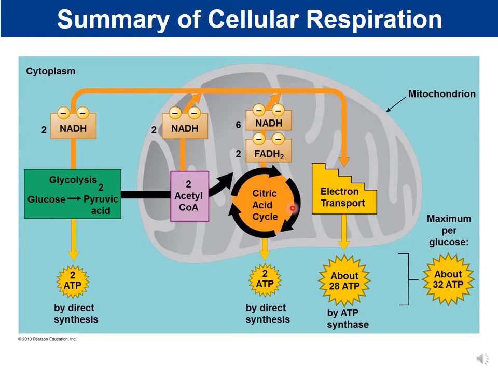Acetyl-CoA is going to go into the Krebs cycle, which is also known as the citric acid cycle. And during this process, we're going to break down the acetyl-CoA completely. And what we get out is 4 carbon dioxides. We also get a little bit of ATP, about 2 ATP per glucose, and this ATP is produced by substrate level phosphorylation, just like in glycolysis. We broke a lot more bonds, so we get a lot more electron carriers. We get 6 NADH and 2 FADH2s, and then these electron carriers are now going to go to the